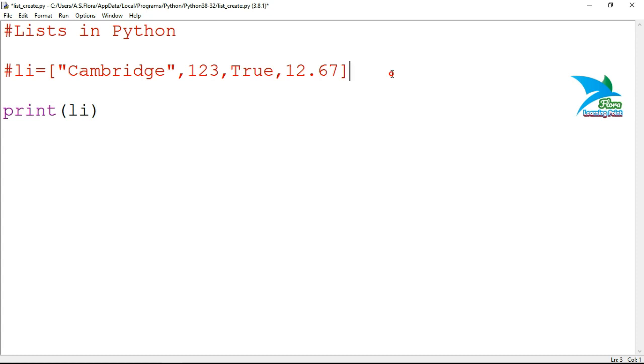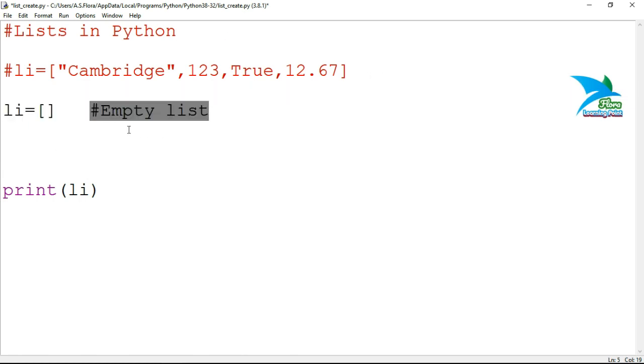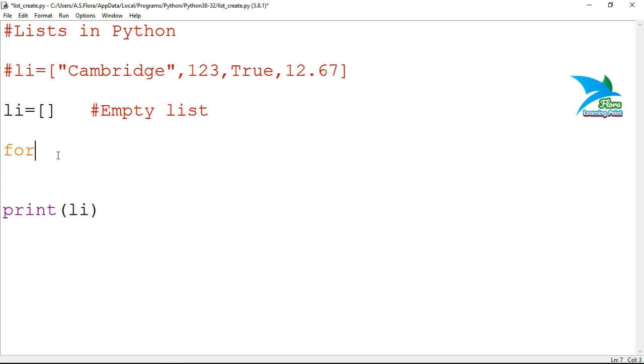So I'll place a comment here. Now start with another mechanism to create a list. First of all, we have to create an empty list. By using this statement, you will be able to create an empty list. I add "empty list" as a comment, but that is not required. It's just for giving an indication that this one is an empty list, and as you know it's a comment line, and it will not be executed during the execution of a program.